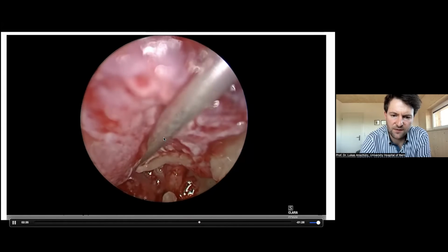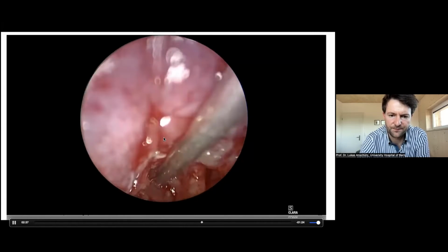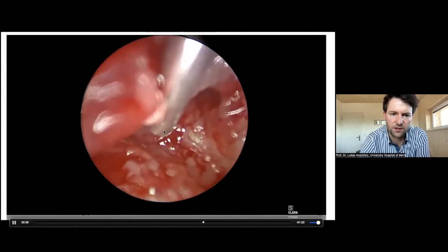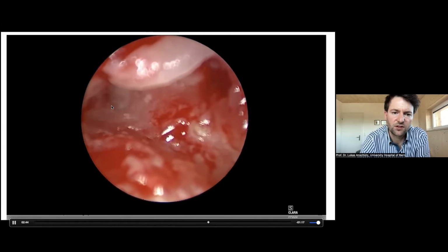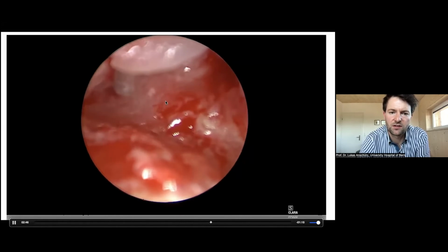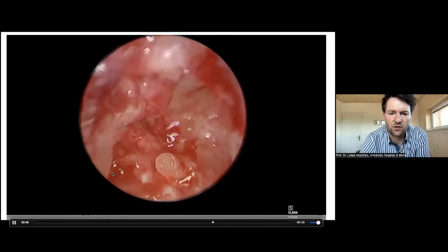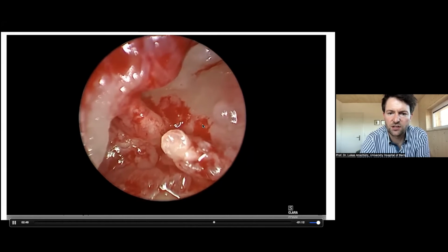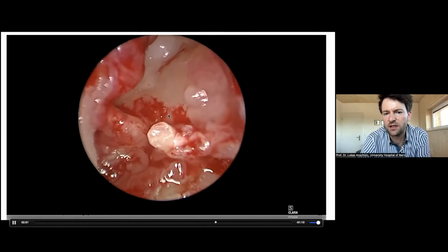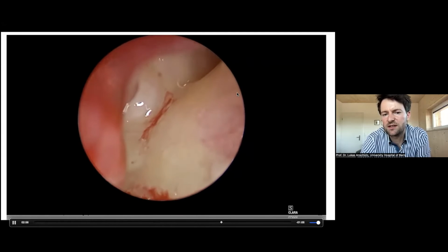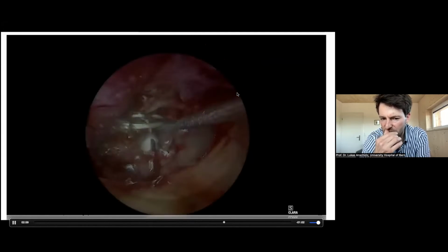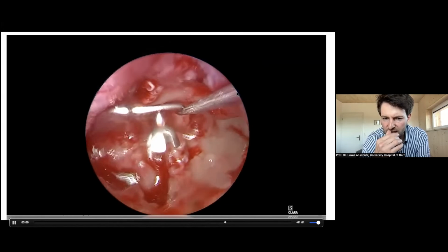And we can have a look at the Eustachian tube. You can see it here. Eustachian tube. I cannot really reach it with the suction, you can see, but I can see it. So it's quite nice. You saw I removed quite some of the granulation tissue, and with a 45-degree, I can look into the mastoid, and you can see there is some mucosal swelling inside the mastoid, but no cholesteatoma, nothing we really need to remove.